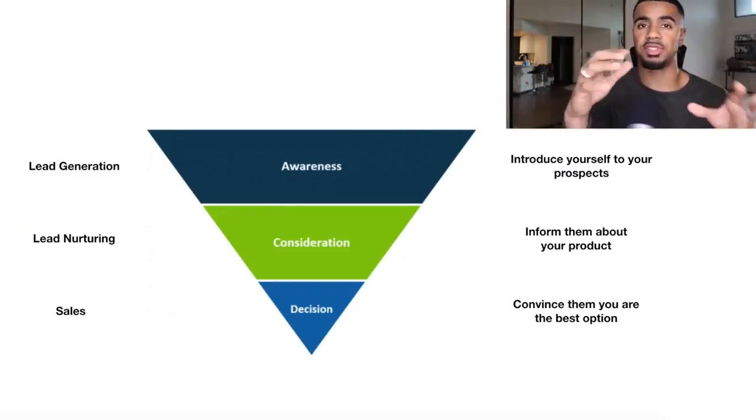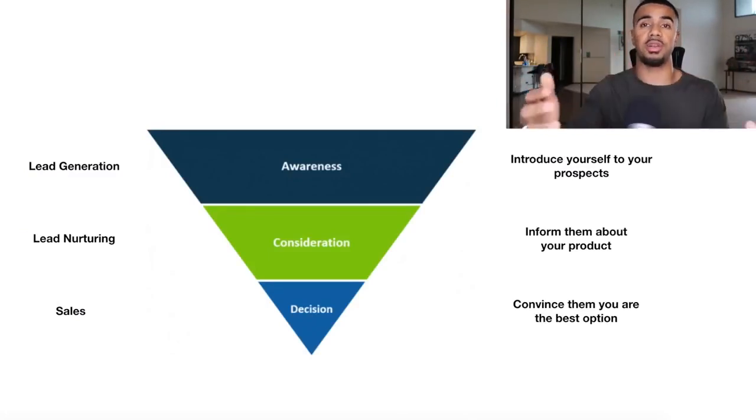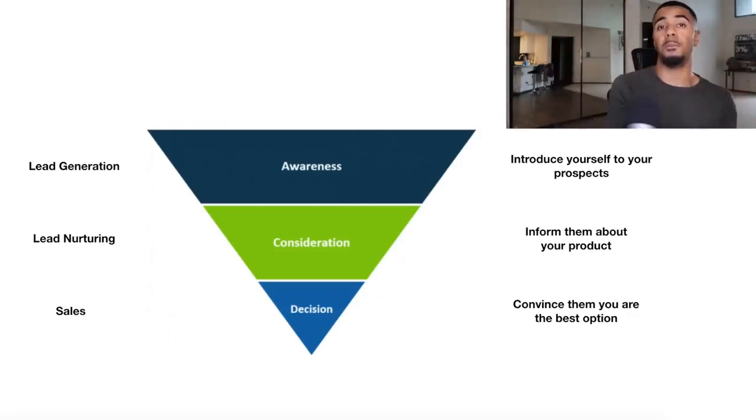If you're not marketing to your customers depending on what stage of the funnel they are, or what stage of awareness they're at, you're not going to get the best possible returns. For example, if you have someone that visits just your homepage, doesn't really do much, just checks out the homepage and leaves, if you're marketing to them, offering them a straight up 15% coupon to buy now without providing any more value or any more information about your product or service, very unlikely that that's going to convert as well